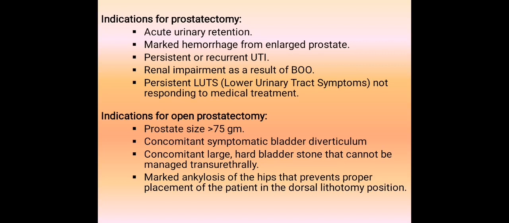When to do open prostatectomy? It is indicated when the prostate size is more than 75 grams, although after the introduction of bipolar TURP, transurethral resection in saline of the prostate, the size of the prostate is of less importance in prediction of the type of operation. But with unipolar transurethral resection of the prostate, it is a relative contraindication if the size of the prostate is more than 75 grams. So, open prostatectomy is for a size of more than 75 grams,